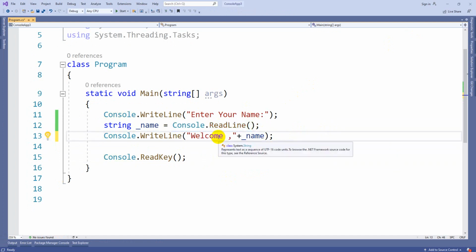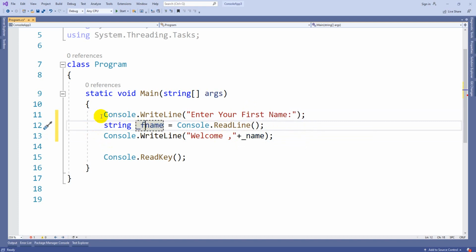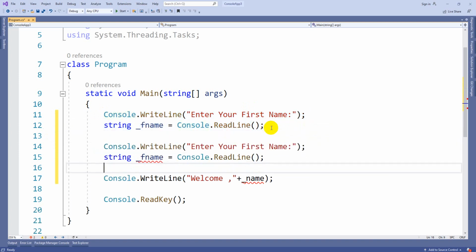Now let's go with another example. Let's make it a bigger program. Let's ask, enter your first name. So this is _fname. Now enter your last name, some _lname.